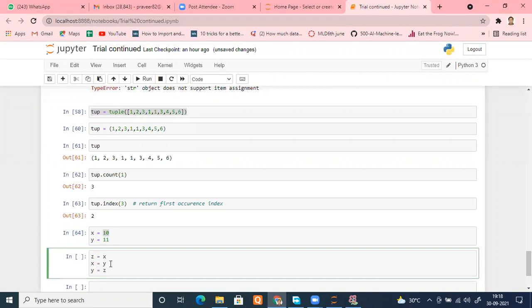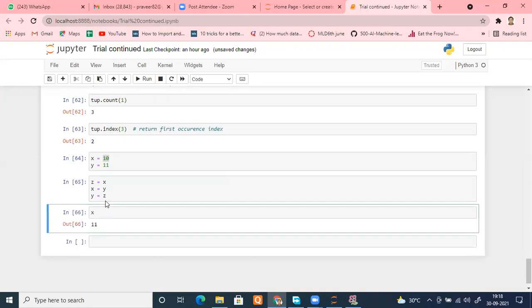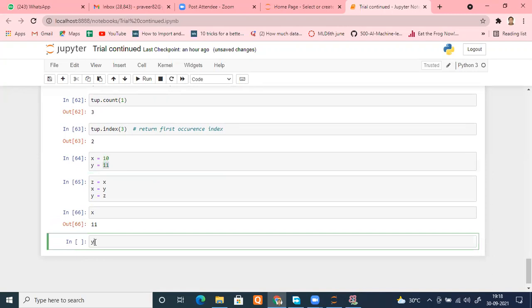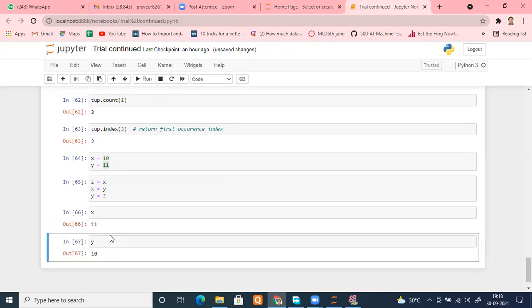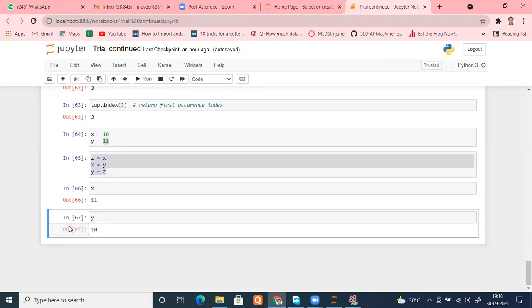Yes, sir. Right. Let me check it. You can go with x, and you can see x has become 11. Earlier it was 10. And go with y, it has become 10 now. That's normally how you work in any programming language. But Python is a savior for us. Without any function, you can do that in one line. No function is required. If you studied the earlier material properly, I just have to write it this way.